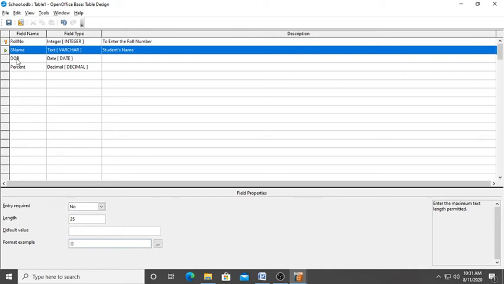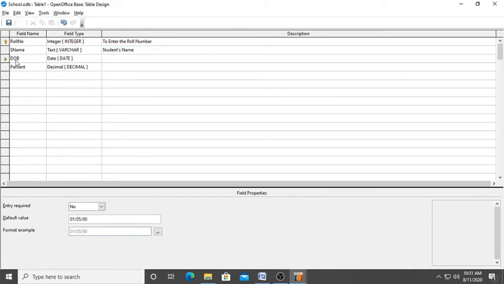After that, the date of birth. I told you that date of birth is of type MMDDYY. It means we have to enter our data in the form of month, date, year format. If we want to change the date format to our Indian style, we can click here, format example. In format example, we can click on these 3 dots. Here you can see where my cursor is positioned, so here we have to click. After clicking on this, it will give the date format.